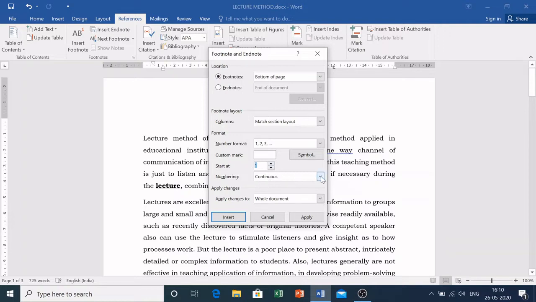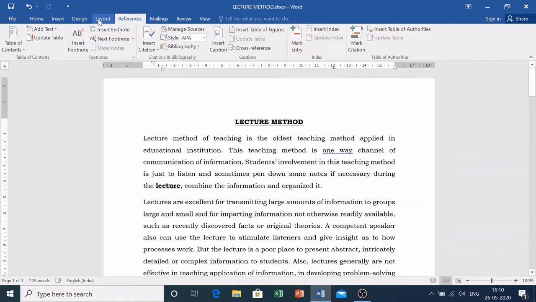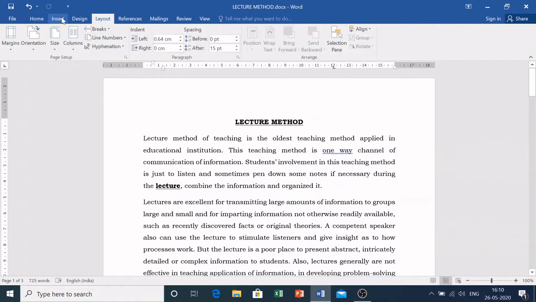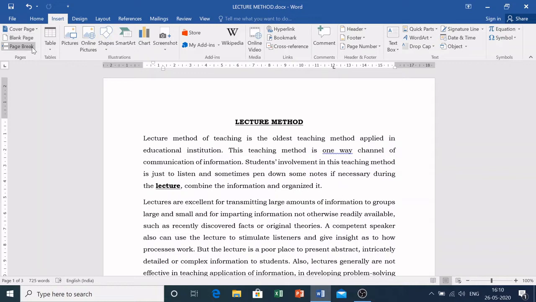Numbering has to be continuous, or sometimes you can choose restart each section, so that when the section changes, section meaning when the content of the page changes to another part. Again, if you see, there is this Insert tab, and there is this page break. The moment we break the page, an independent section will appear.